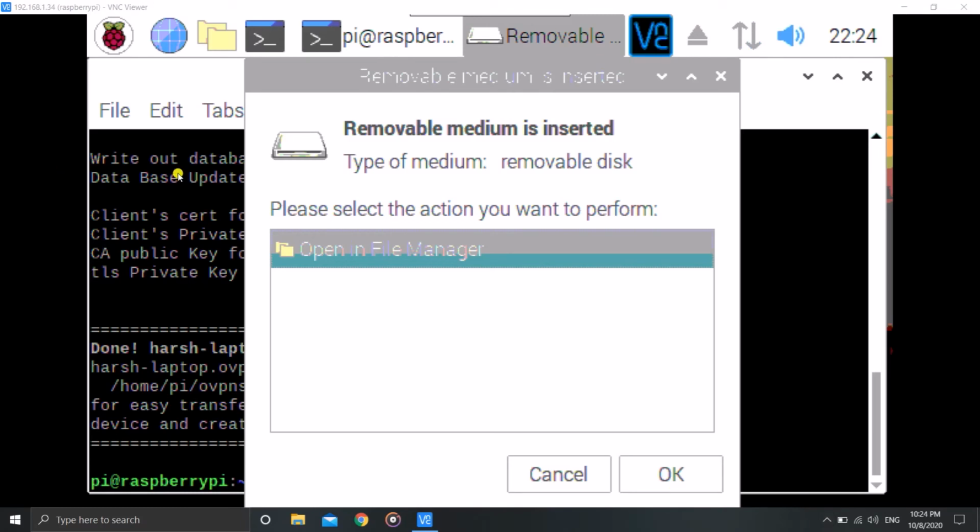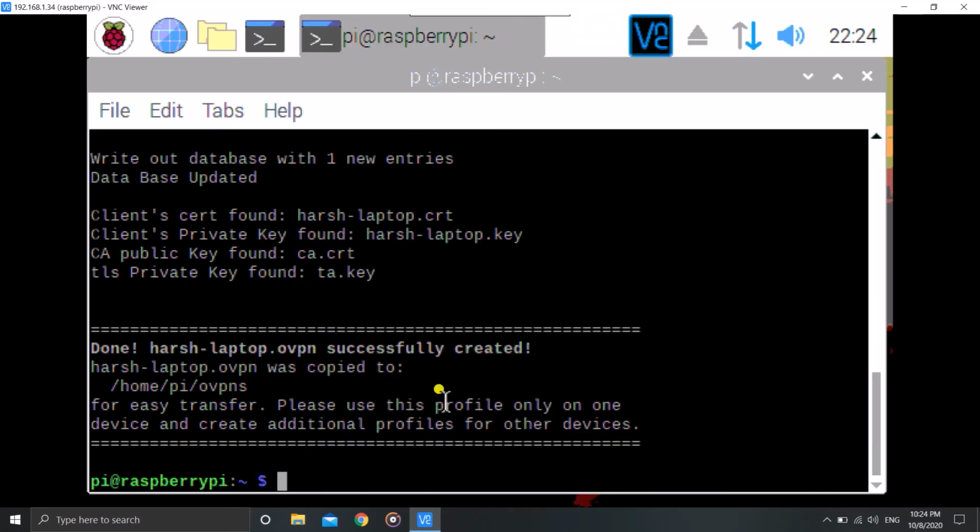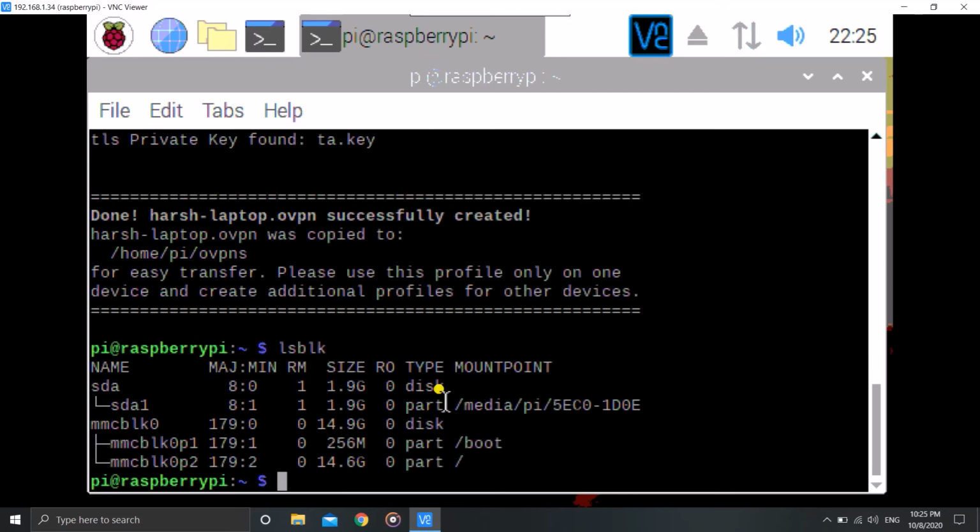As you can see, I have connected the removable medium, so it's telling me that. We'll just ignore that. The best thing is to do lsblk. Now we'll be using the terminal for copy pasting. I will make another video on the terminal commands, basics and all that. It will be good for us. I am just showing it to you all here, so you can follow what I am doing. What lsblk does is list all the devices connected to the Pi. So hit enter, it will list it.